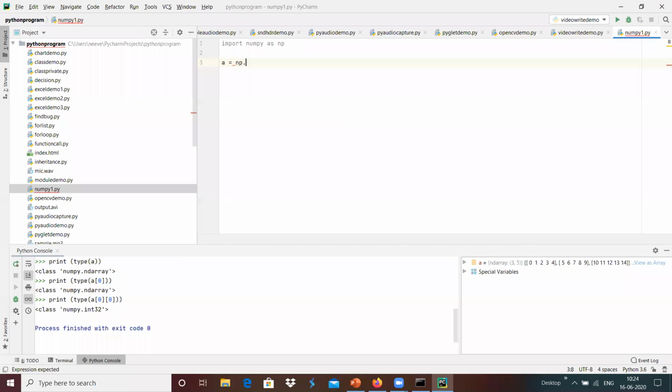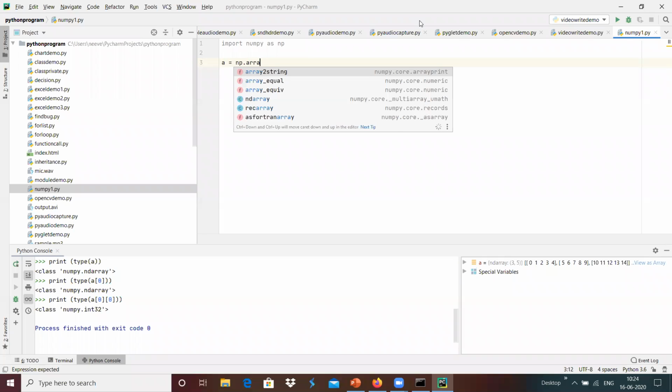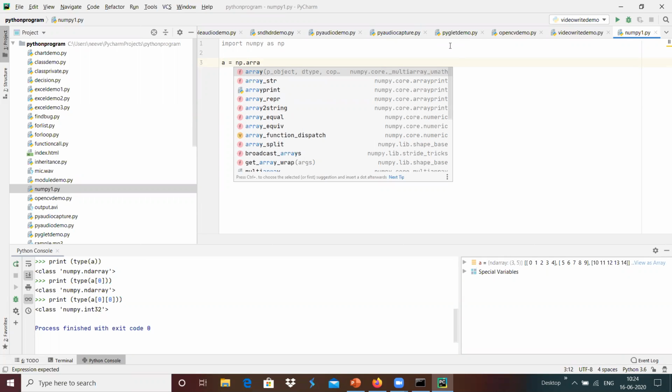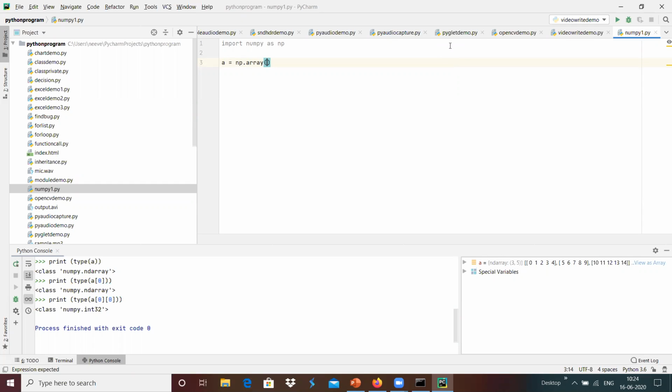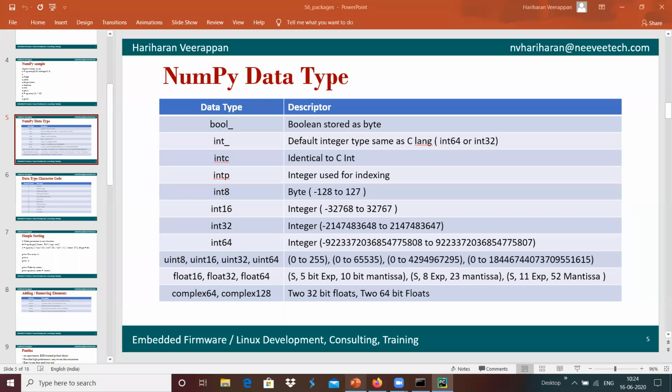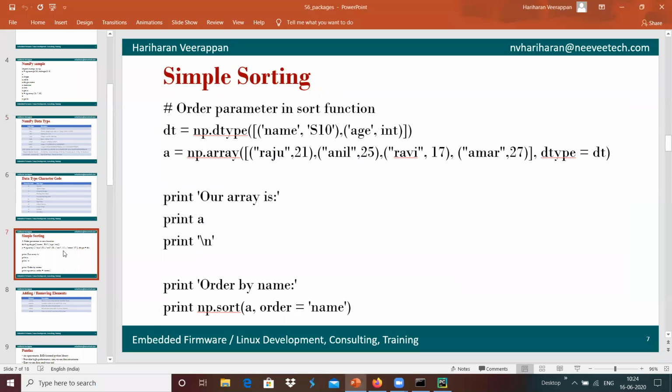np dot array. With the help of that I'm going to define an array, which provides an output.